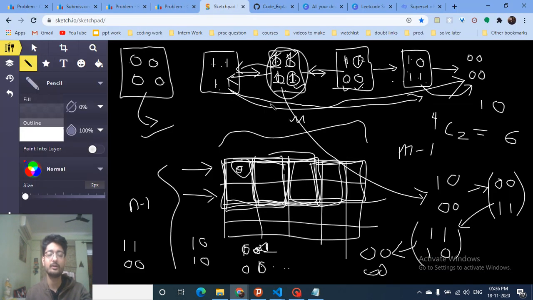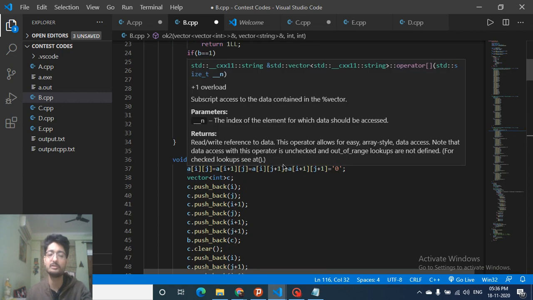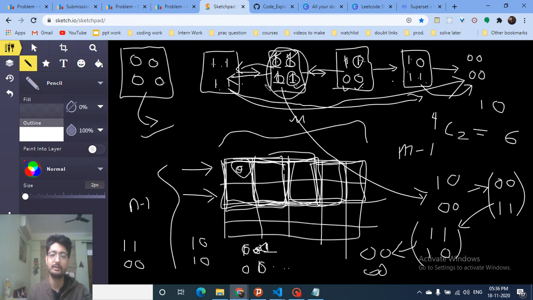The OK1 function will find out which bit is on, and except that bit, make all the bits on, such that it becomes a state of all 4 bits on. And from the state of OK4, which means I have all the bits on, I will take this path and come to 0, which I've told you earlier. And that's the logic for this problem. I hope you get the intuition.